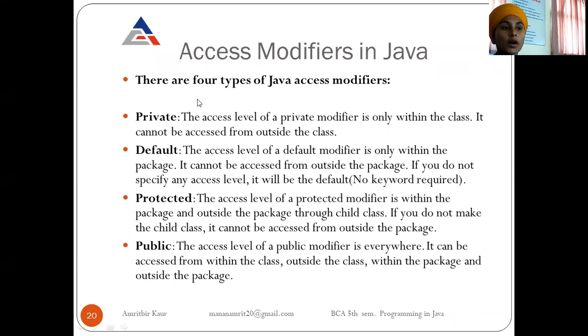So when we want our function to not be accessed from the outside, we can use private. But when we want that it cannot be accessed from the outside, but a child of this class can use it, then we can use the protected access specifier. And then when there are no restrictions, we can use the public access specifier. And by default, it will be private. It works like private. This is all about access modifiers in Java.